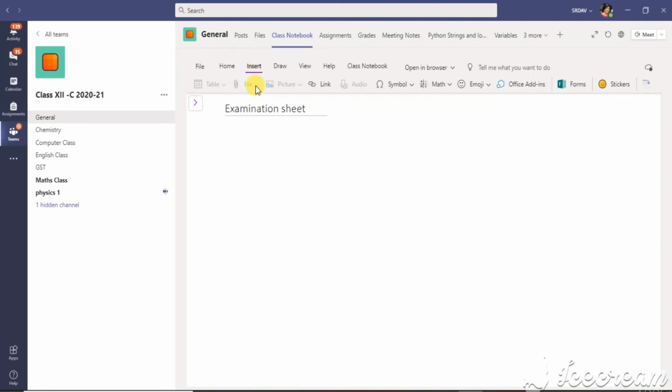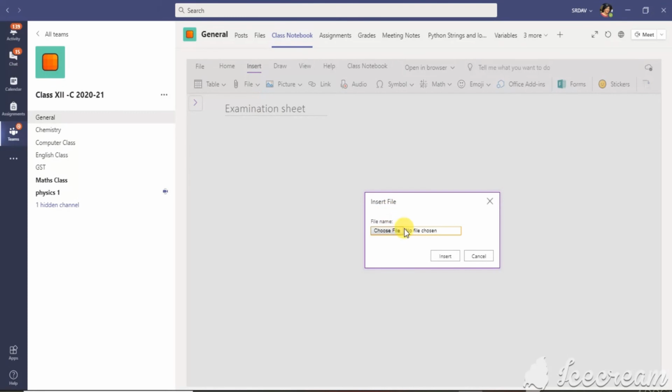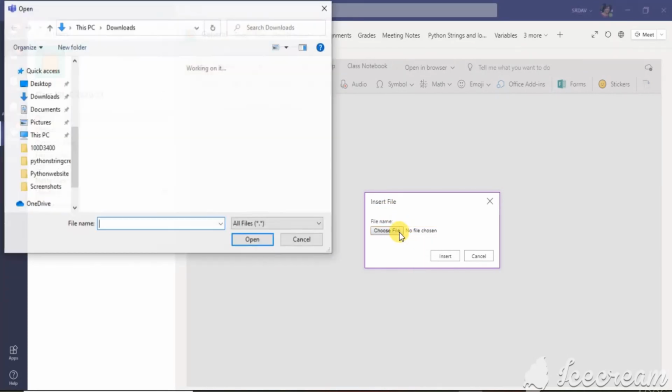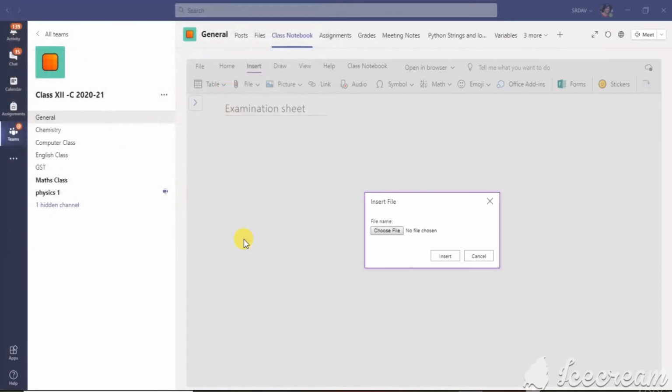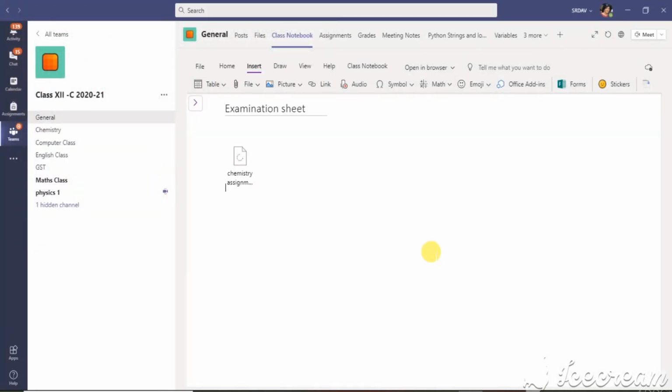Go to the insert option and go to the file option. Insert an attachment. Choose file from your system and insert it. So in this way, the paper will be given to individual children and they can see their own paper only.